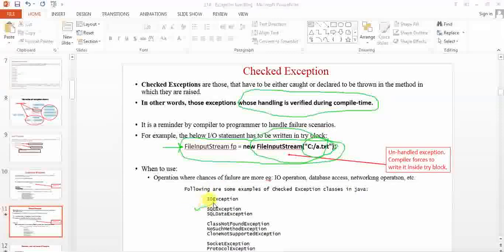Further, I can have some more examples. If you try to write some SQL statements in Java, then these kinds of exceptions could be generated, which fall into the category of checked exception. If you try to make networking connections, socket connections, these kinds of runtime errors could be generated. So if you write some SQL statements, some database statements, some networking statements, or file access statements inside Java, those fall under the category of checked exception. So Java will force you